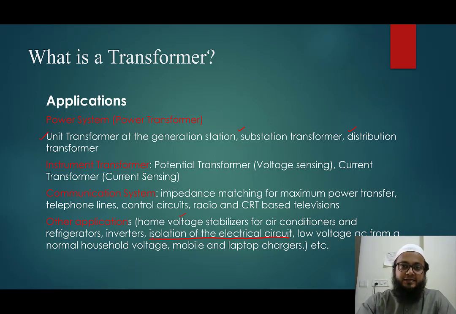And for the electrical engineers, even the machines which they would be learning about, the electromechanical conversion machines like induction machines, or all these DC machines, somehow the concept which would be developed for the transformer would be needed there as well. Okay, so that's the importance of a transformer. So that's why we need to study about it. Across the engineering stream, everybody should actually know about the working principle of a transformer.